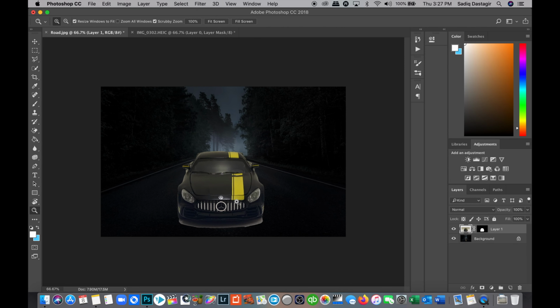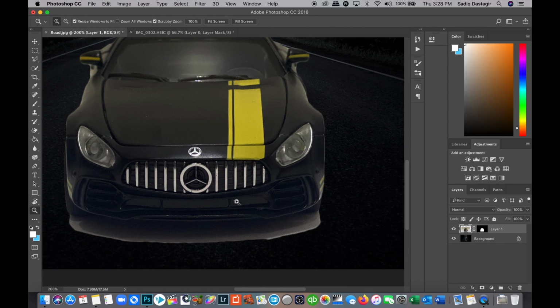Okay, now I will zoom into the car and I need to get rid of the extra stuff over here which did not get selected earlier. Again, I have to be a little bit careful with my selection. Folks, this is just a tutorial to show you how you can create these kind of images, and I'm not going to look for complete perfection in this. You need to spend some time to get things right. This is just a workflow to show you how it is done.